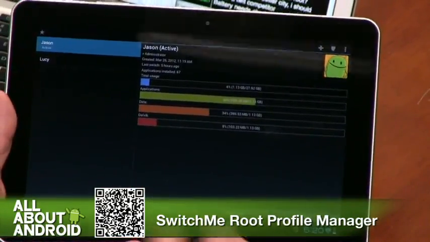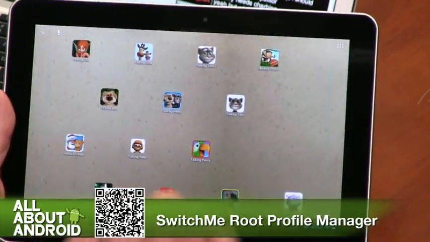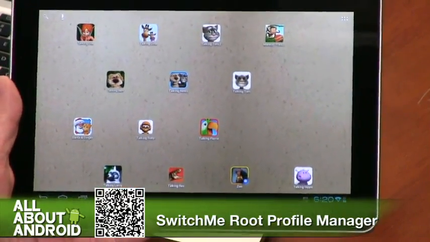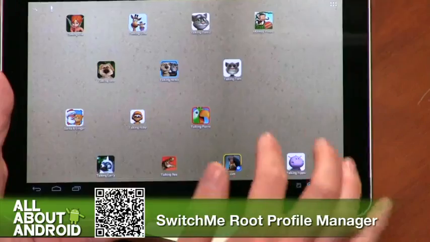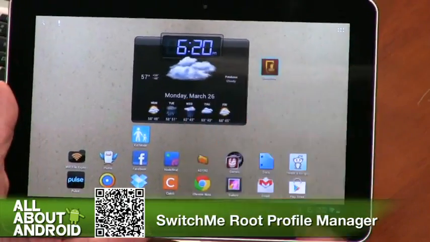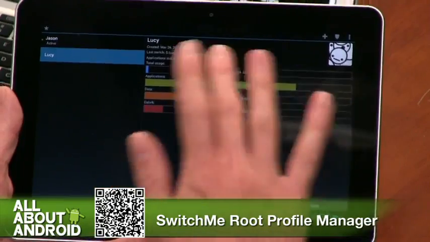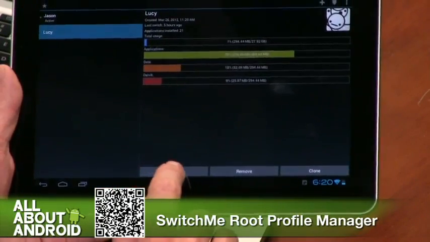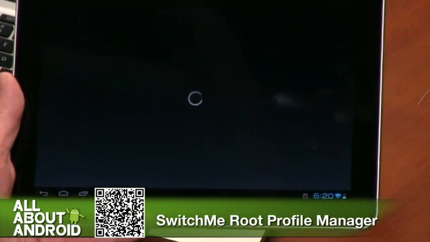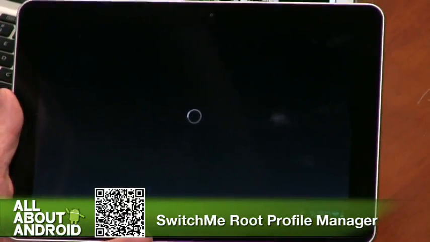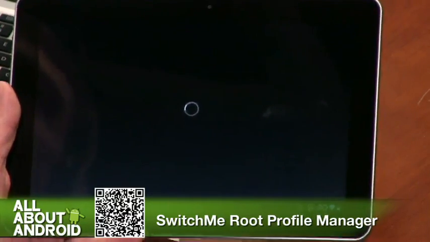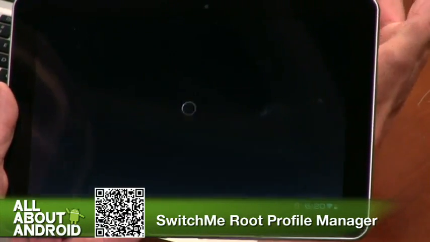So right now I'm in the JSON. This is my normal tablet environment. Here's my page for Lucy when she's playing her talking games, but she would always get into my stuff. So this is perfect, because what this allows me to do is go over to Lucy. That's my daughter. And it gives me the details. And then down at the bottom, it says switch here, right? So I'll go ahead and hit switch. And we're going to wait, because it's actually going to reboot into this profile. While it's working, I can give you a little bit of details here.